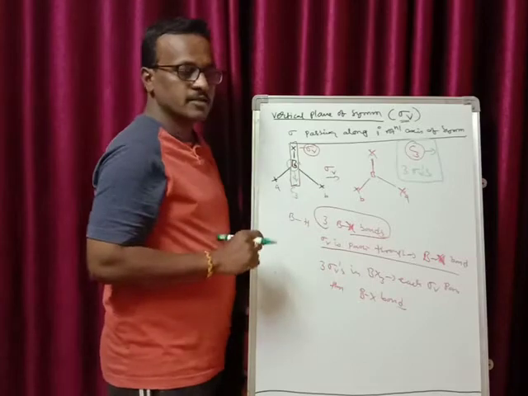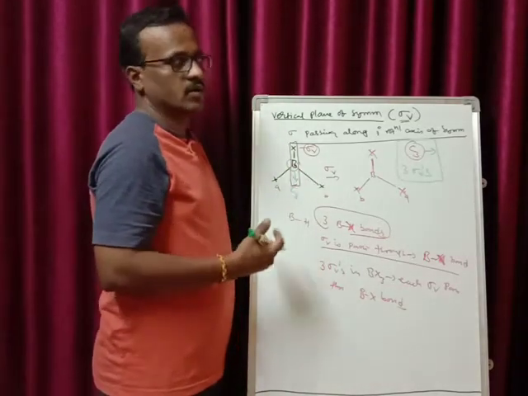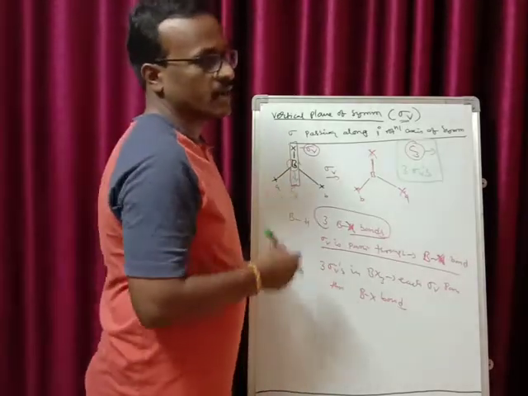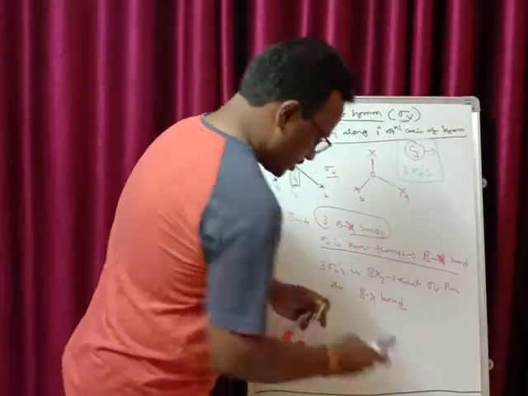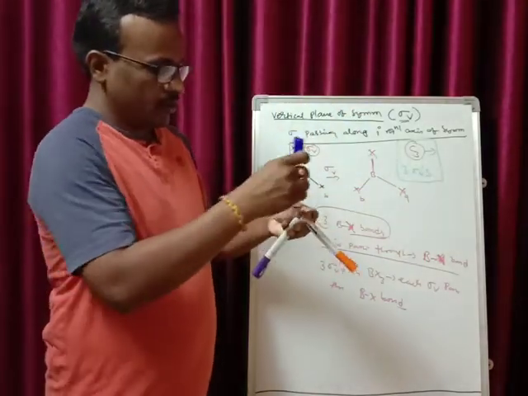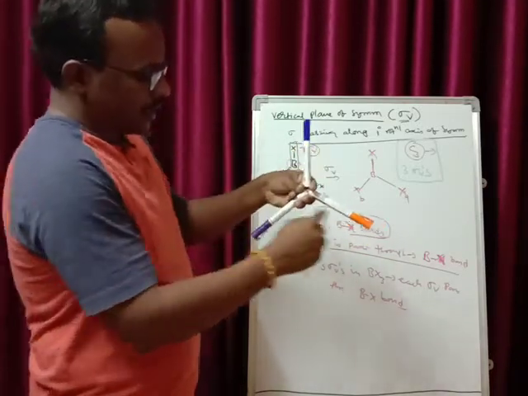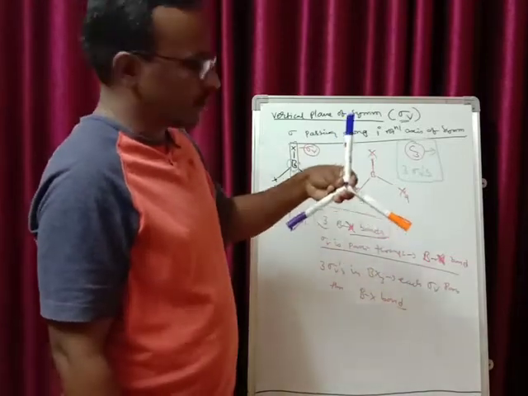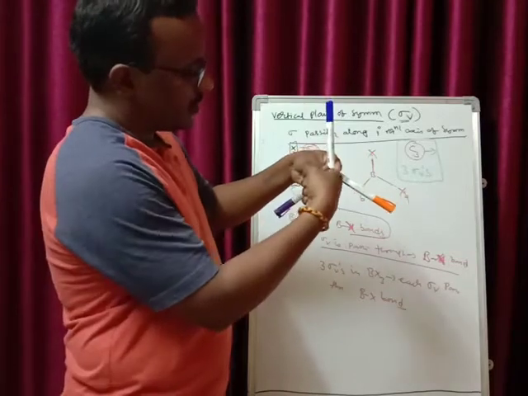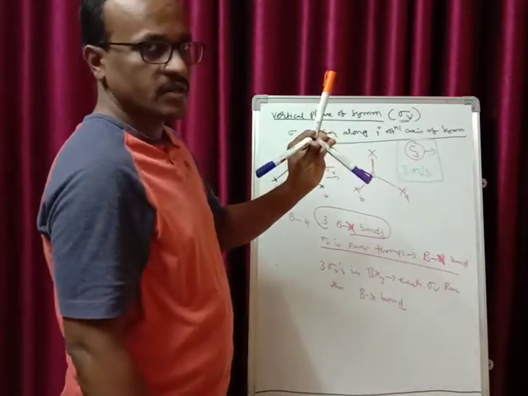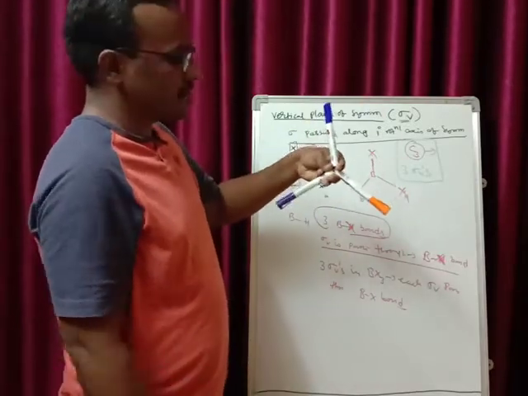Now this molecule also has a horizontal plane of symmetry, which we will discuss when we talk about the horizontal plane of symmetry. I'll tell you where the horizontal plane of symmetry is present. Anyhow, just try to understand with this BX3 molecule, right? Boron in the center, X at 3 different corners separated by 120 degrees. The principal rotational axis of symmetry is passing through the center of the boron like this. That means on rotation of each 120 degrees you get an equivalent structure.